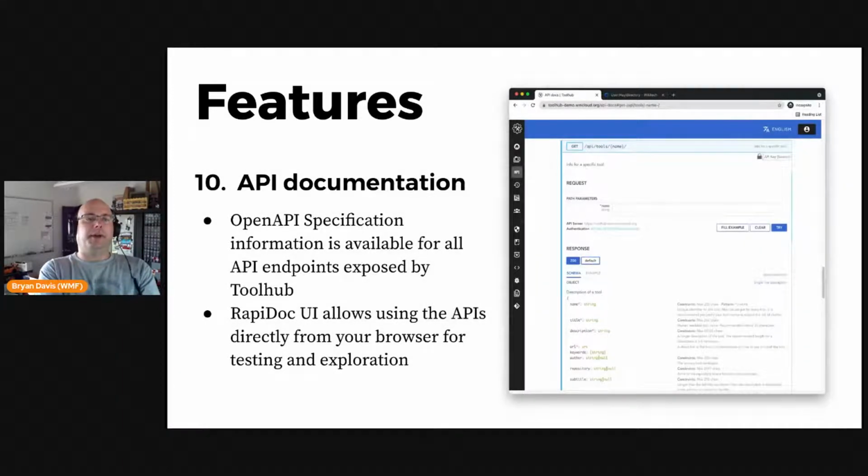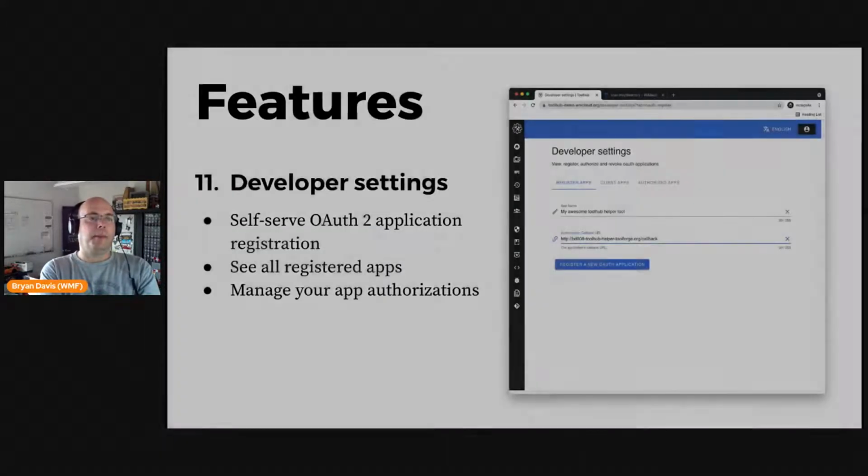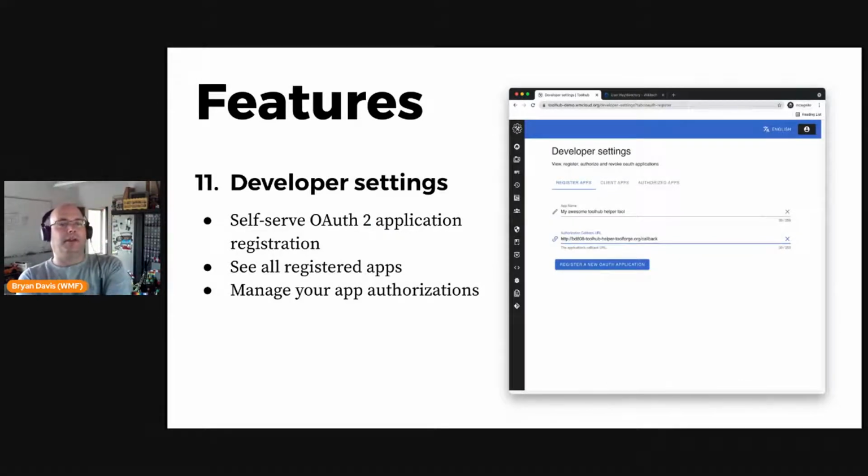Toolhub has a web API, which implements all the features needed to power its integrated user interface. And there's nice documentation available for viewing on the platform itself. Our API requires that any create, update, and delete actions be made by an authenticated user. We've chosen not to allow anonymous edits.